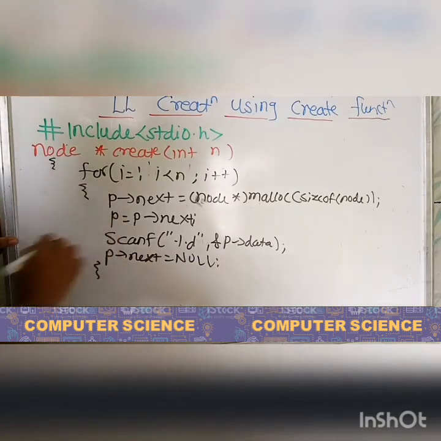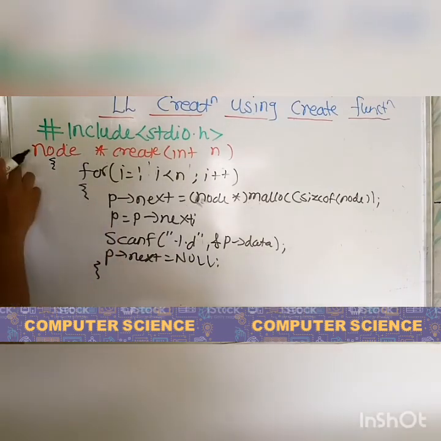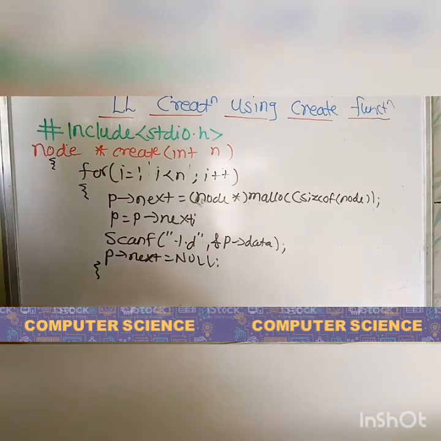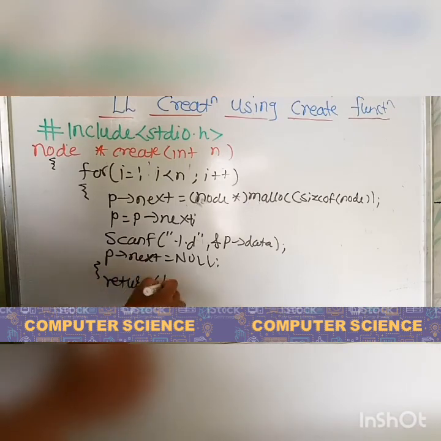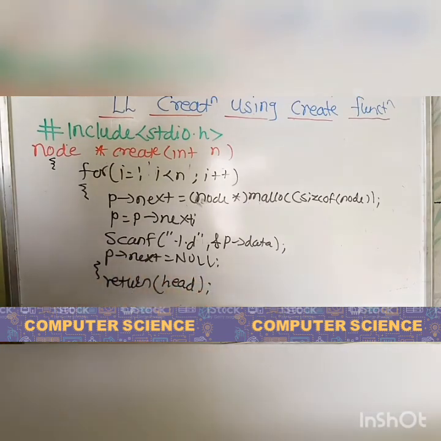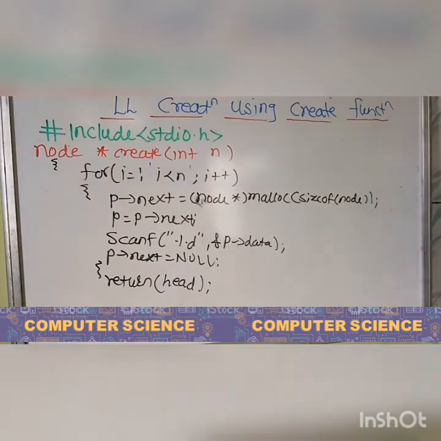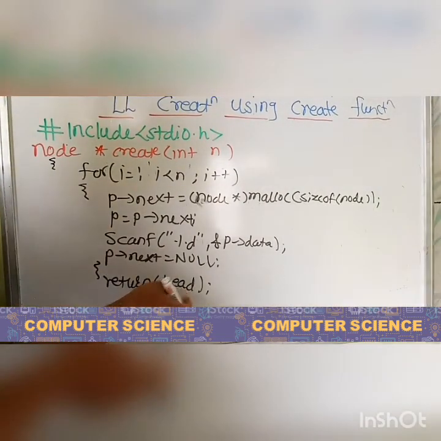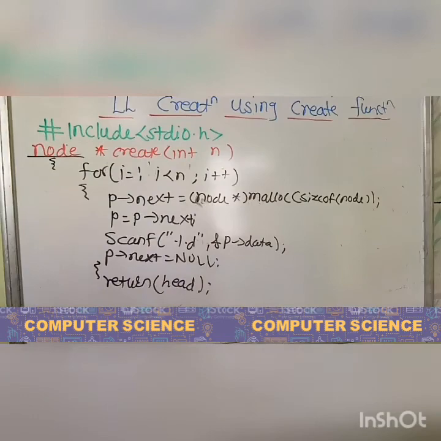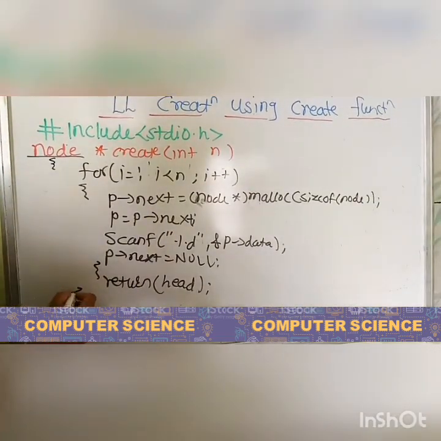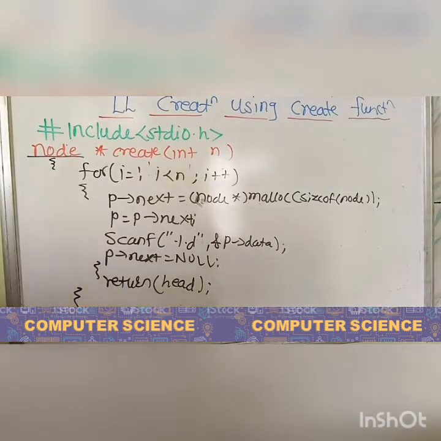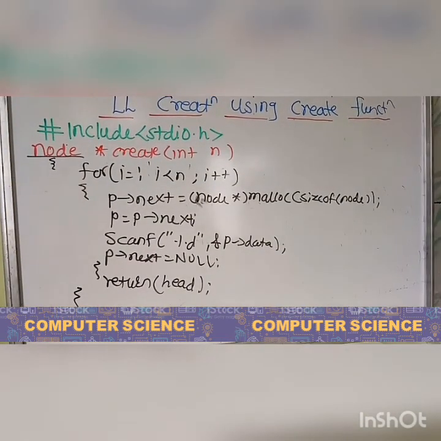Now we have to return this head, because when we have to accept, process, insert, delete in any list, we have to go through the head node. So we are returning here the head pointer for the further processing. Now as it is the head, means node pointer data, so we have declared here the return type of our create function, that is the node. Now we are here completing our main create function. So this is all about how to write any simple linked list program using a specific create function.